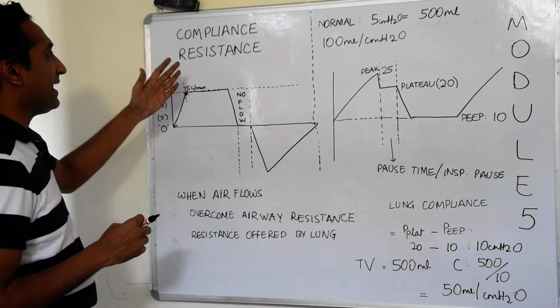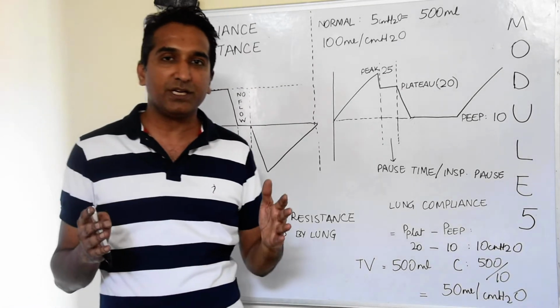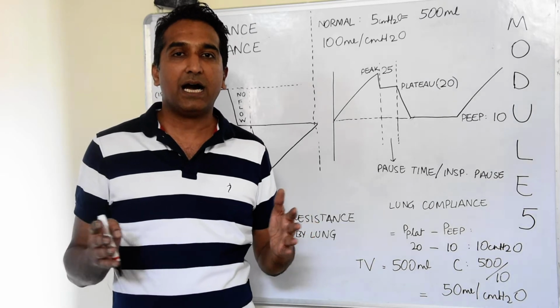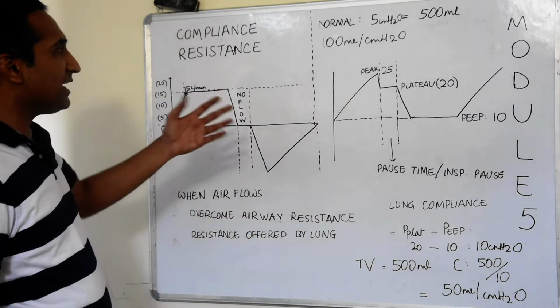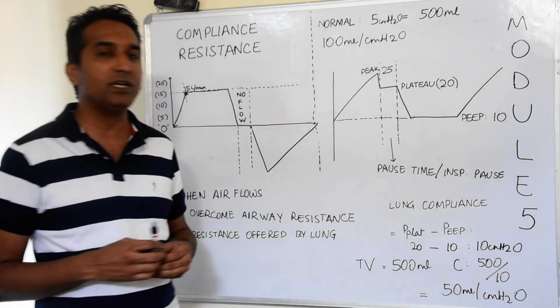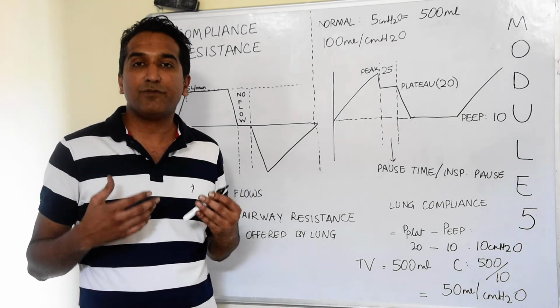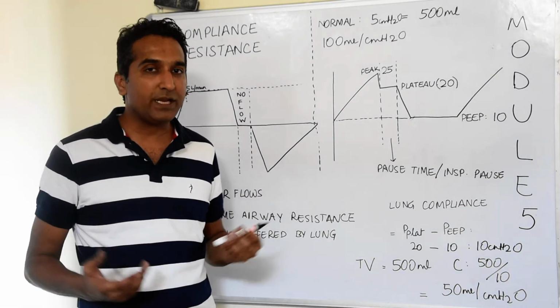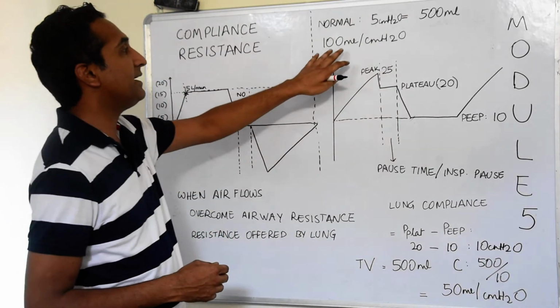Now, what is compliance? In simple terms, it is the amount of pressure required to produce a certain amount of volume. Let's say in normal breathing, we create a pressure difference of around 5 centimeters of water, which delivers a tidal volume of around 500 ml, which would mean that the compliance of the respiratory system is around 100 ml